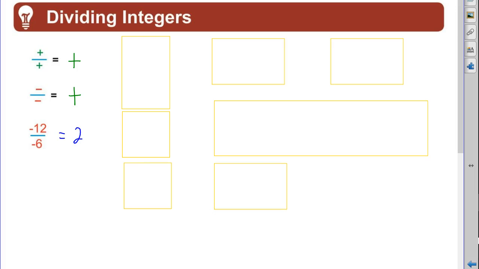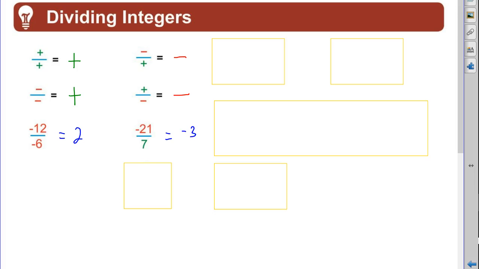12 divided by 6 is 2. It's that easy, right? Very, very easy to do. Don't forget, in the same frame, if the signs are different, then the quotient will be negative. So negative divided by a positive is a negative. Positive divided by a negative is a negative. So we know our quotient is going to be negative, and 21 divided by 7 is 3, so we get